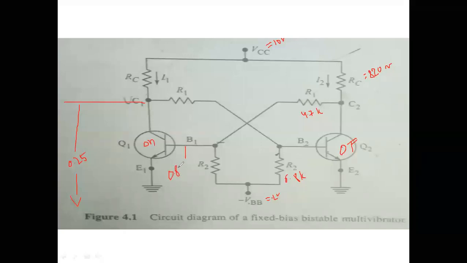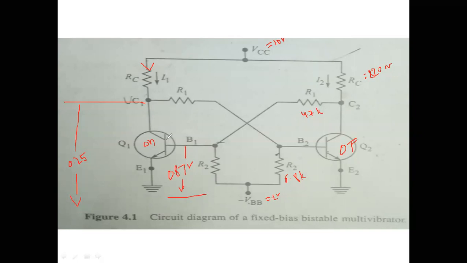In the exam also, you have to draw the diagram and mention all the values. After completion of the sum, again mention the values. That means we have calculated these currents; simply make an arrow here and mention the value in the circuit diagram, so that it will look nice. These are the values they had given. Whatever resistance is placed here, the same value will be here also: RC will be the same 820, R1 will be 4.7, R2 will be 6.8 kilo ohms.